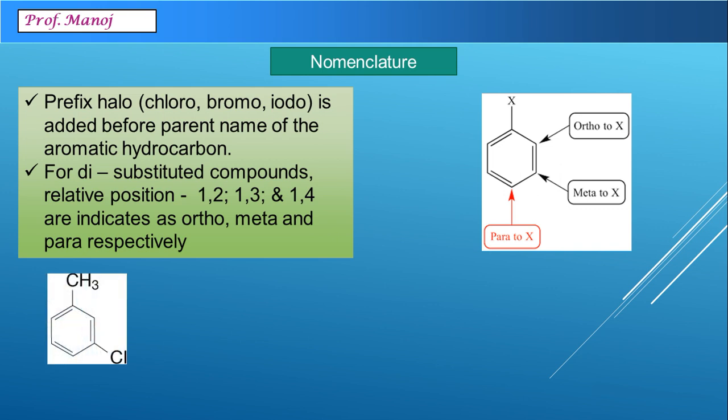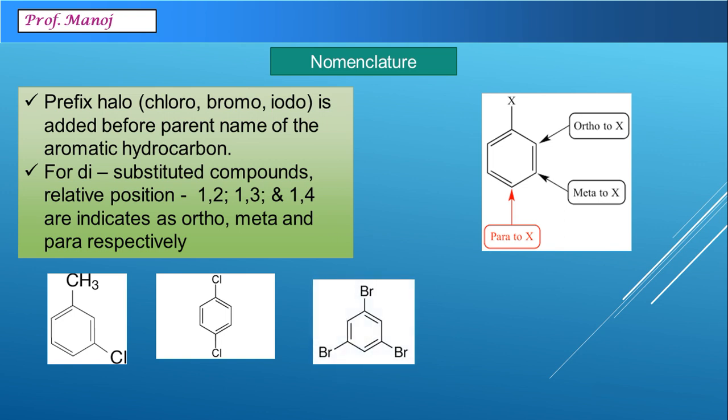Accordingly, you can think of names of these different compounds. For example, now here we can take the parent compound name as toluene. So the IUPAC name will become 3-chlorotoluene. In the common system, we can write this as metachlorotoluene. Imagine this one. We can write this as 1,4-dichlorobenzene. Also in the common system, it can be written as para-dichlorobenzene.